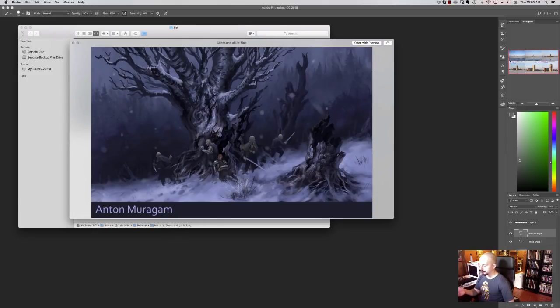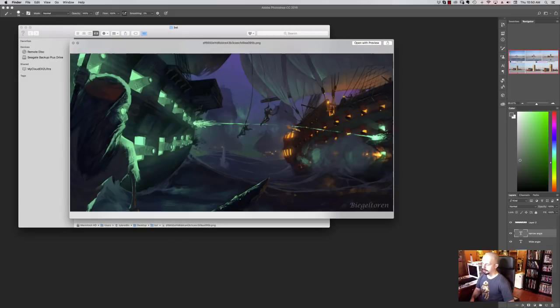Anton, your piece is fantastic as well. I just think it needs a little bit more clarity and readability in there. And I love Bijal Torrens. I'm sorry, I can't get your name right, but I absolutely love this scene. You did a great job. It's super ambitious. It's very challenging. I bet you learned a lot. And I think with a little bit of cleanup and value structure issues, it could really come together in an amazing way.